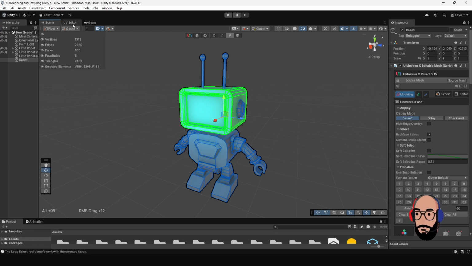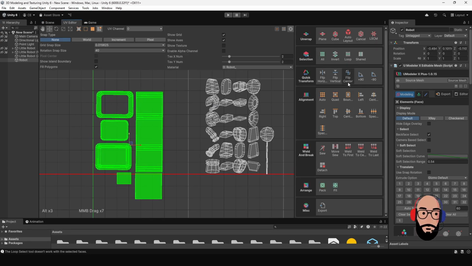There's a whole host of ways we can go about this, and there's a whole host of tools here that we can go over. But what I would challenge you to do is use some of the basic tools, just maneuvering and messing with the vertex and the faces and moving vertexes and faces and using the mark seams tool to see where you should mark your seams, because the whole goal of that is making sure that your seams are not in obvious places on your game model. You want to hide your seams. It just really depends on your texture, and we can get into that in a more detailed video later on, but this is just a general understanding of looking at the tools that are here and using it within UModeler